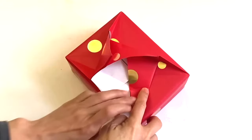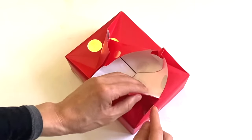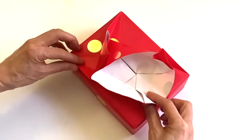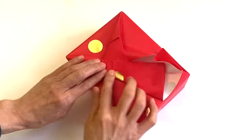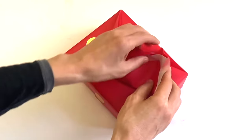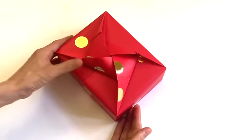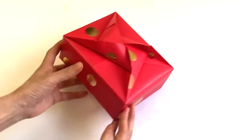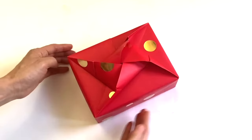Fold this flap inward and open the first fold together. Fold along this point and the corner point. Then put back the first fold. It's done. Just for your information, this is originally for a square box, so it would be a little easier